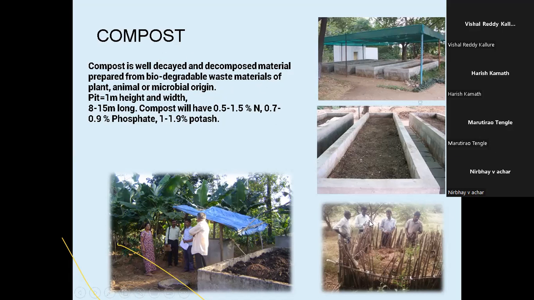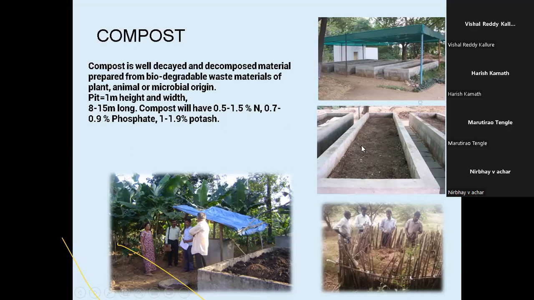The complex material whatever we add will start decaying, and then it will degrade into smaller pieces. If you add plant debris, that will degrade into smaller pieces, then the decomposition process will start, and finally we get a material called humus. That will be the finished product. In humus the CN ratio will be almost 1 is to 10, like 10 carbon for every 1 nitrogen in the material. That will be the ideal material.